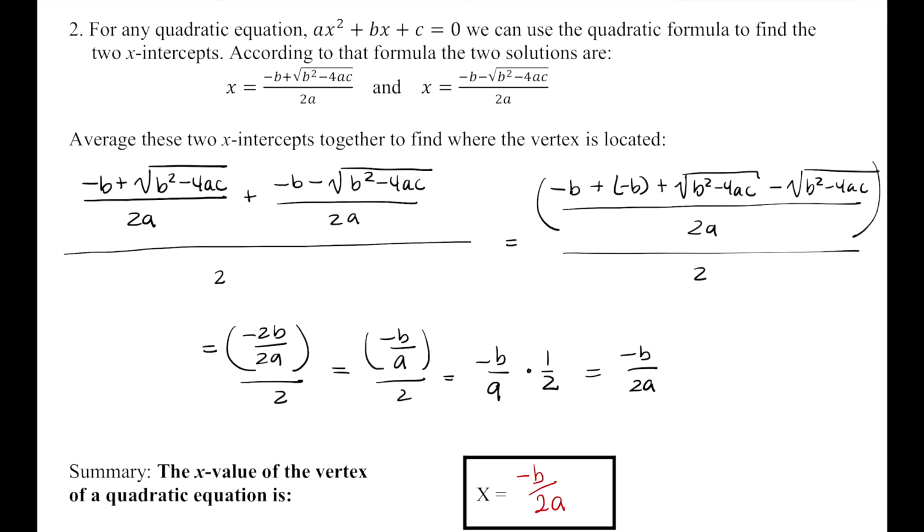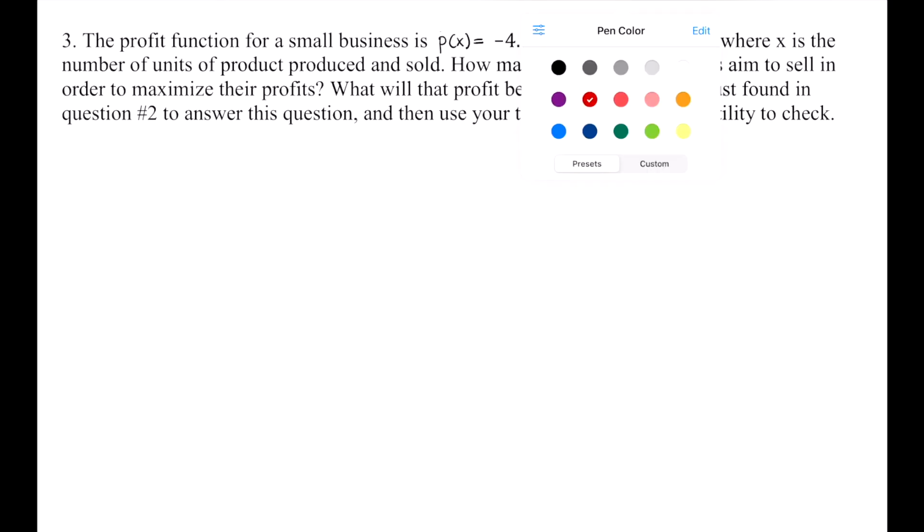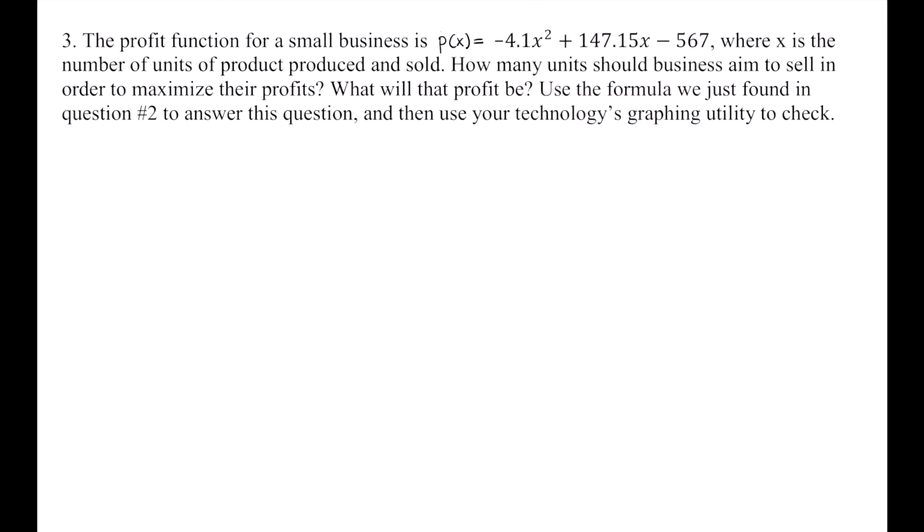How can we use this in application problems? The profit function for a small business is given here, where x is the number of units produced and sold. How many units should the business aim to sell in order to maximize their profits, and what will the profits be? Before I read the ending, I think that gives away a little too much. I'm going to show you what this will